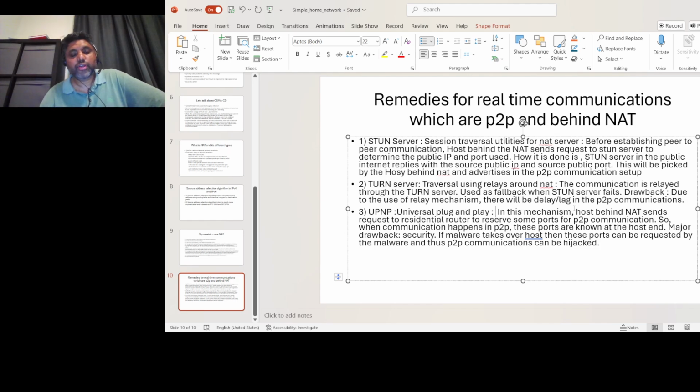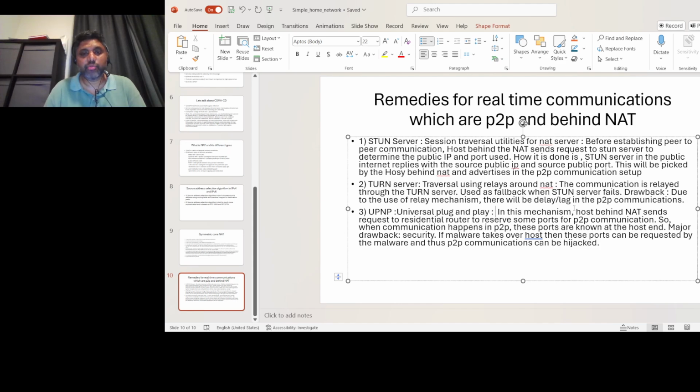So the TURN server is a solution, and it will give a solution even for symmetric NAT. But the problem is, if the TURN server fails, then the relaying of the packets will also fail, and if the bandwidth on the TURN server is low, then there will be lag and delay in the voice call and video call. Okay, so these are the two mechanisms by which we can avoid